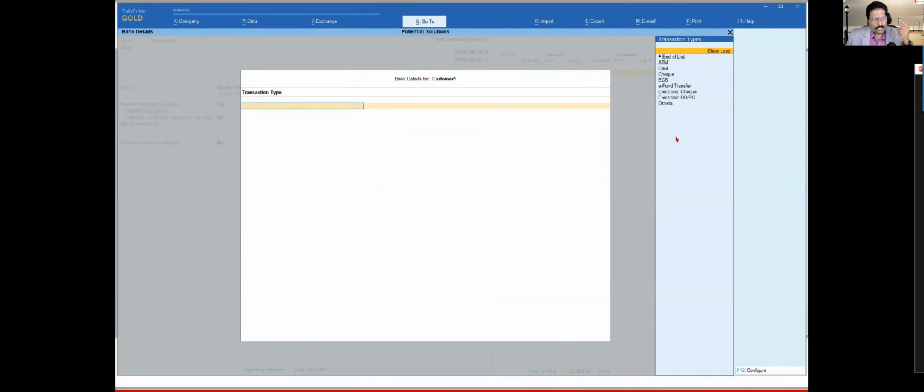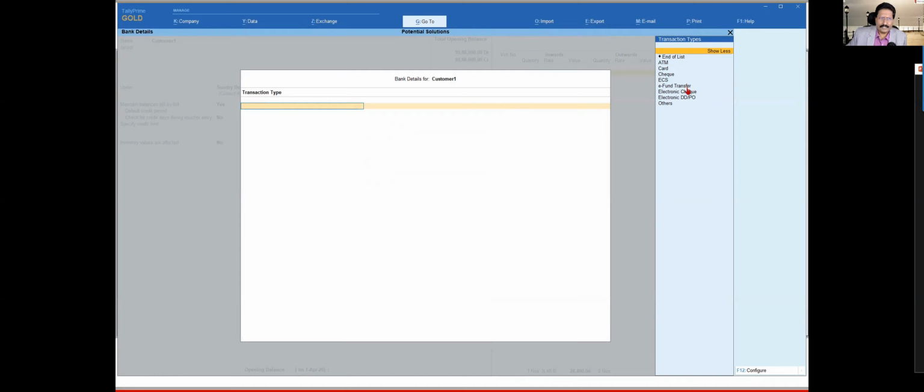So the other options are there. So by doing this, what happens, when we come to banking module, we will see how this option, when you are configuring in the party account, what impact or what is the effect of this configuration. We will definitely relate it, or I will cover this when we do our banking module, right?